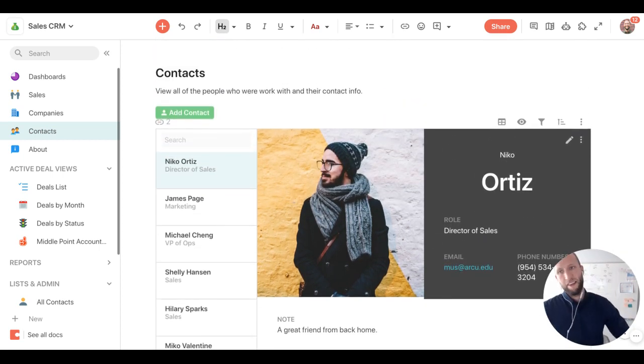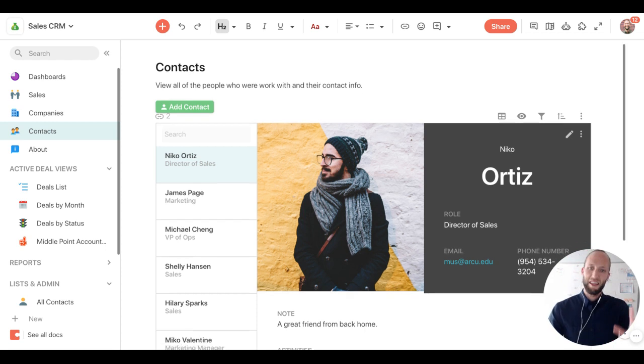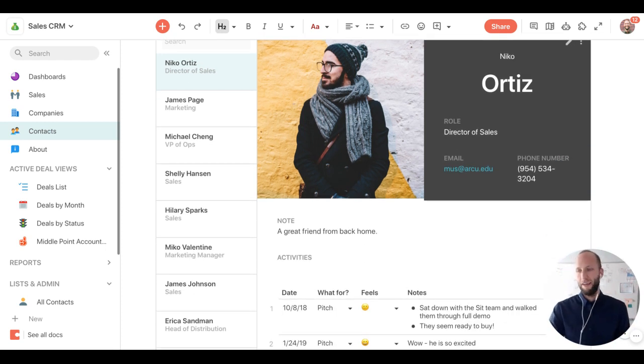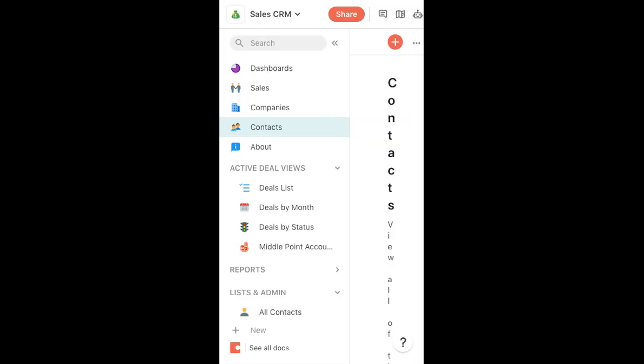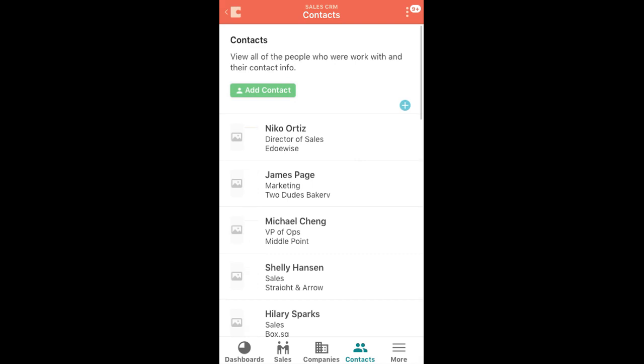Now, let's say that you're on the road or you are on the couch and want to pull up a list of the companies and contacts you work with. These visuals that we've designed make it look really good on a mobile app. So I'll show you what that looks like. So the same doc, without any coding or anything beyond just pulling this up on the mobile app,